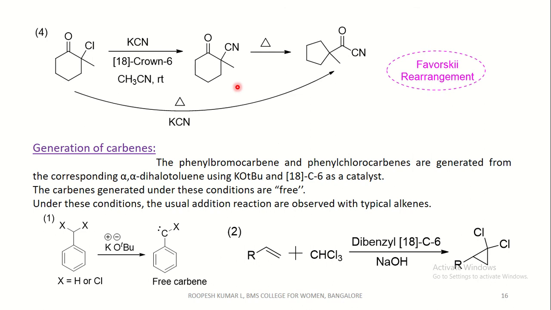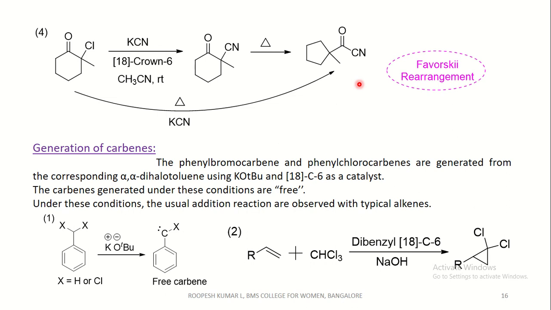However, if the mixture is heated in the presence of crown ether or in the absence of crown ether, we get the rearranged product, and this rearrangement is called the Favorskii rearrangement, which you should refer to. This is a very important ring contraction which forms the 5-membered ring here. This is a very good example of a displacement reaction.